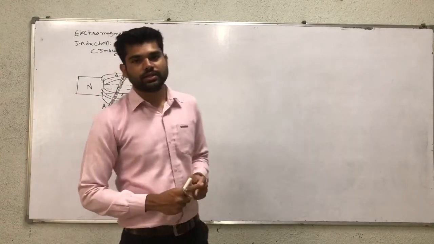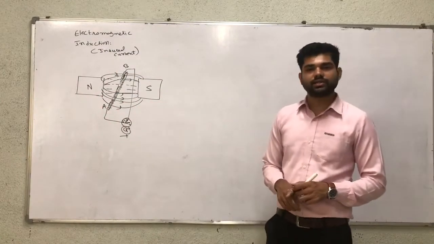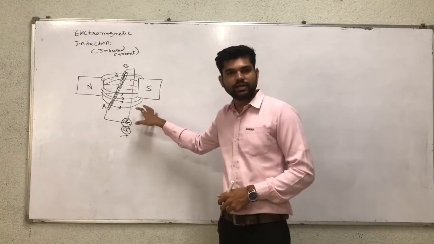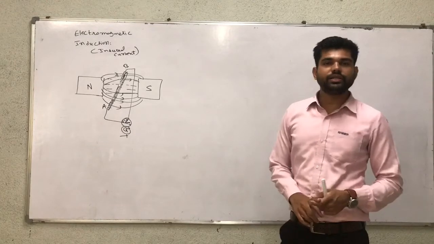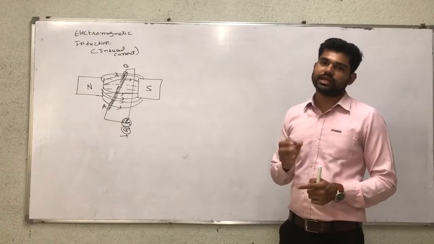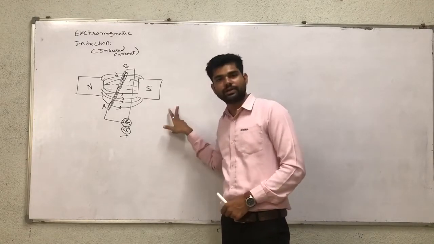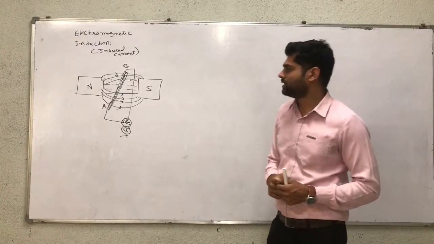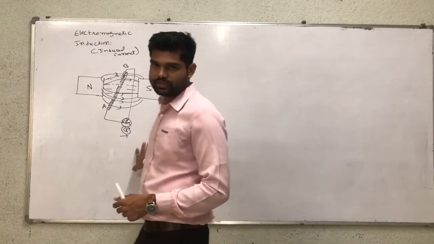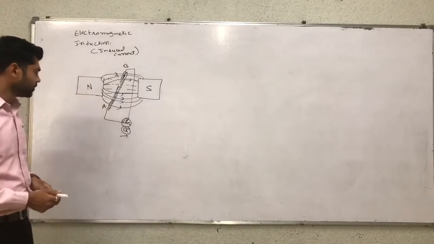But in case the electric current will be induced, it means produced by the magnetic field and magnetic field lines. So the induced electric current, when the direction of motion, induced current and magnetic field will be measured by using Fleming's right hand rule. Now after this theory we have to understand Fleming's right hand rule.